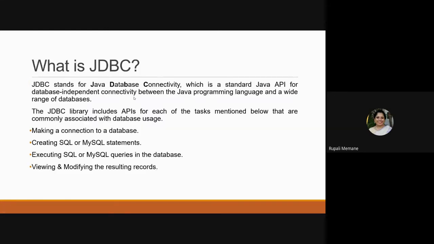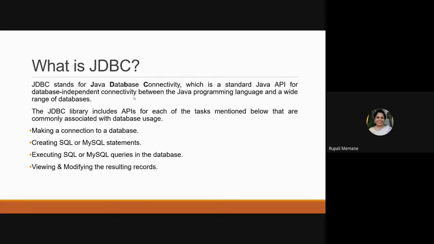So proceeding further, what is it going to do? Now, as we said, it is a standard Java API for database independent connectivity between the Java programming language and a wide range of databases. Now, databases, as I said, can be anything. Fine. So it can be MySQL, PostgreSQL, or anything. So what is the role of JDBC? Now, as I'm again and again saying, there are APIs, there are standard protocols, there are some lines. So what actually are those? These are all libraries. So API is basically the library, the commands which are already given to you by Java. So you don't have to write your coding there.